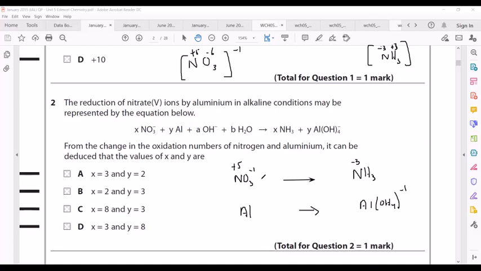So it should gain 8 electrons. Now what about aluminium? Because it's in its elemental state, the oxidation number is 0. When we work out for Al(OH)4 with the overall charge of -1,